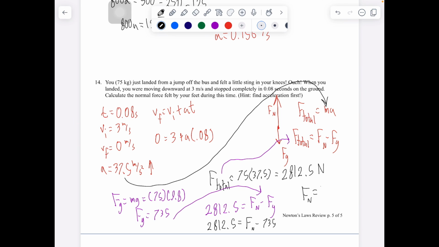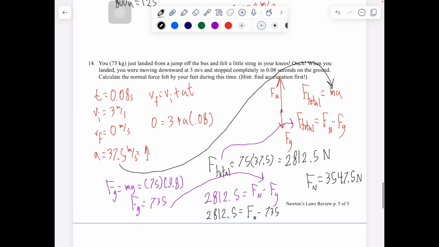Normal force, 3,547.5 newtons. You'll notice on our answer key, we just rounded that up. 3,548 newtons. As you can see, a lot of this unit is starting off where you're looking for, right? We're looking for the normal force. We can't find the normal force. Normal force shows up in our equation